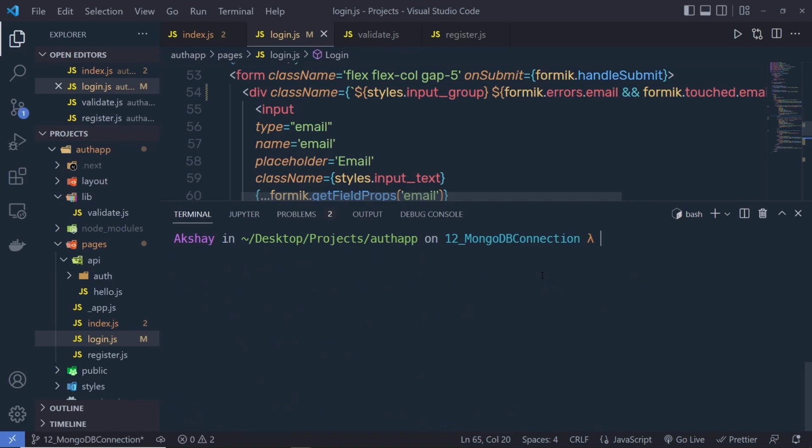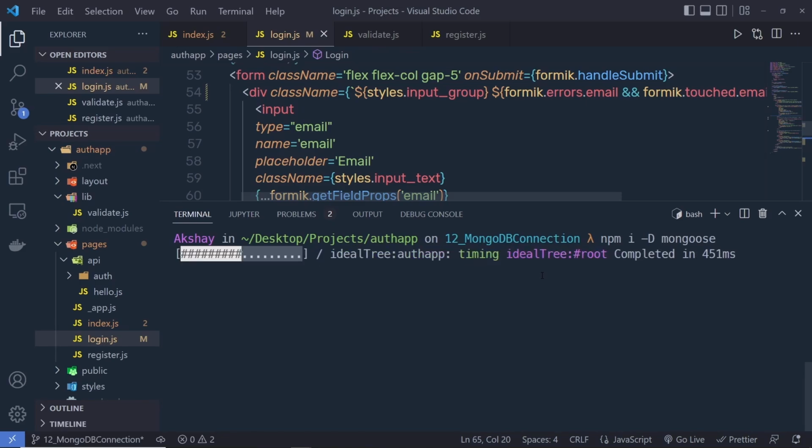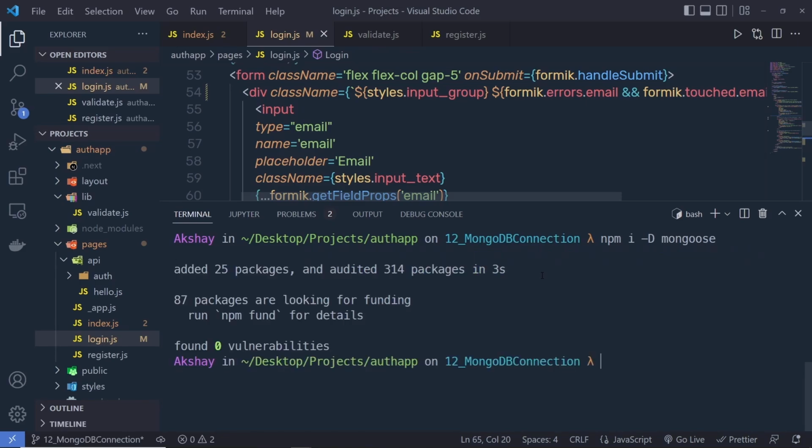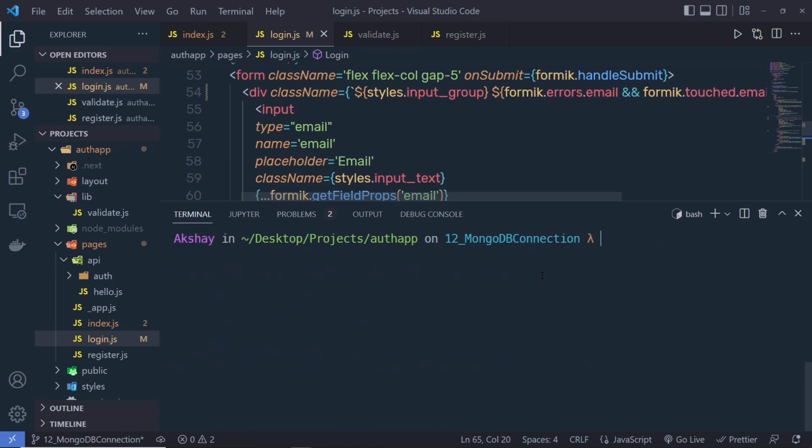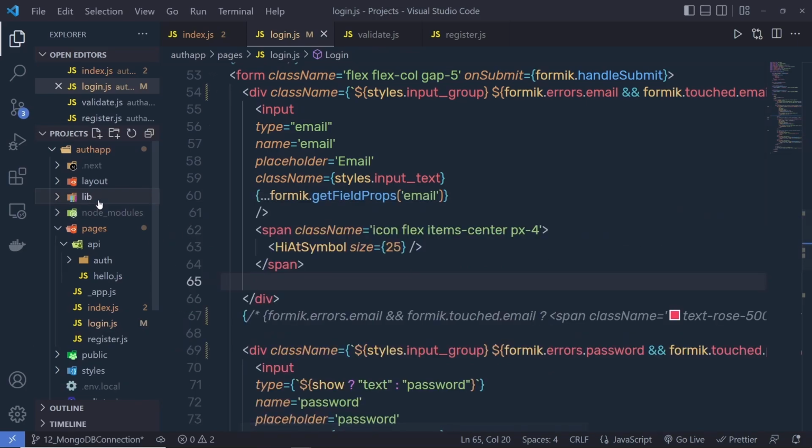close this, back to the project, open the terminal, stop the development server, clear the screen, and here I'm going to say npm install -d mongoose. I'm going to install the Mongoose module inside this project. So using this Mongoose, we can connect the MongoDB database. So let me just start the development server again,